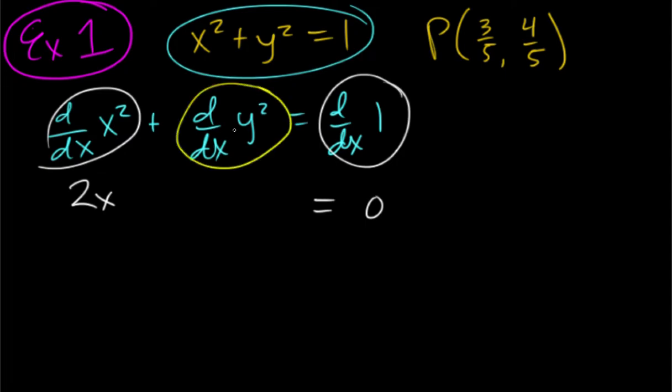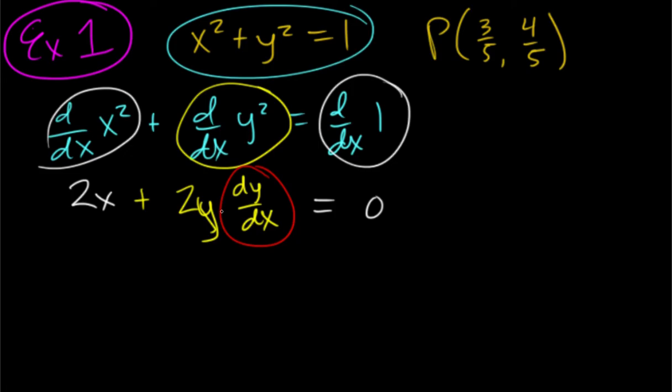This piece, however, we have to remember the chain rule. So we're going to take the derivative like we normally would, but using the y, so 2y. But then we don't know what y is, though we're assuming it's a function based on x, so we're going to say dy/dx, like that. So, the derivative of y with respect to x. From here, we can just solve for dy/dx, because that's going to be our slope